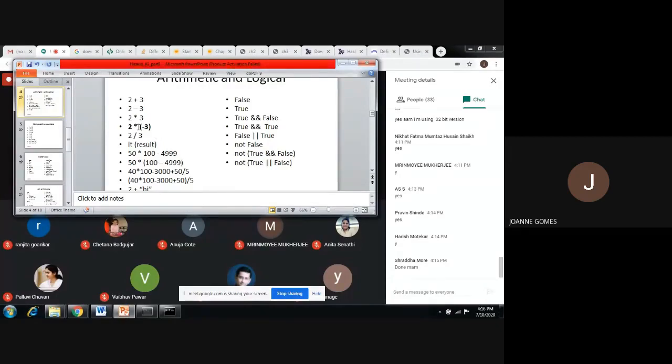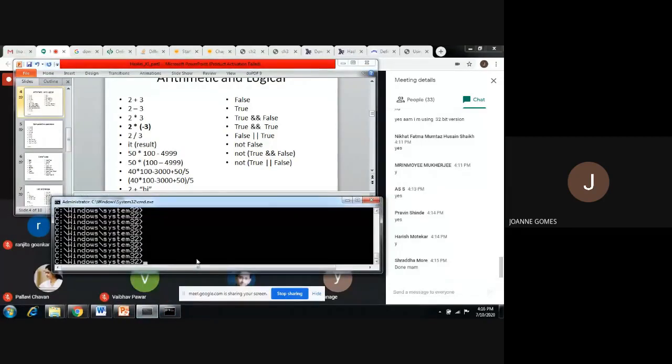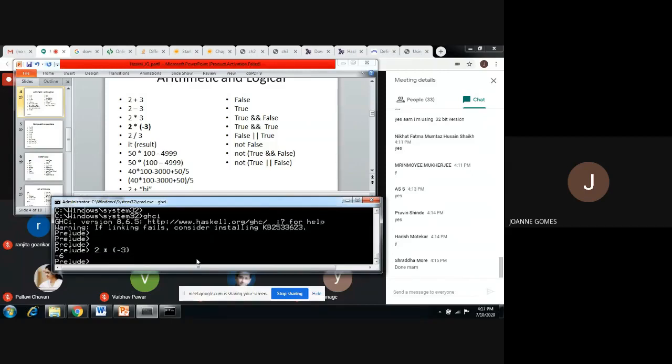Whenever there are two operators in succession, we have to give brackets. So let's try. Okay, so 2 into, sorry, 2 into bracket minus 3. Okay, so we are getting minus 6.